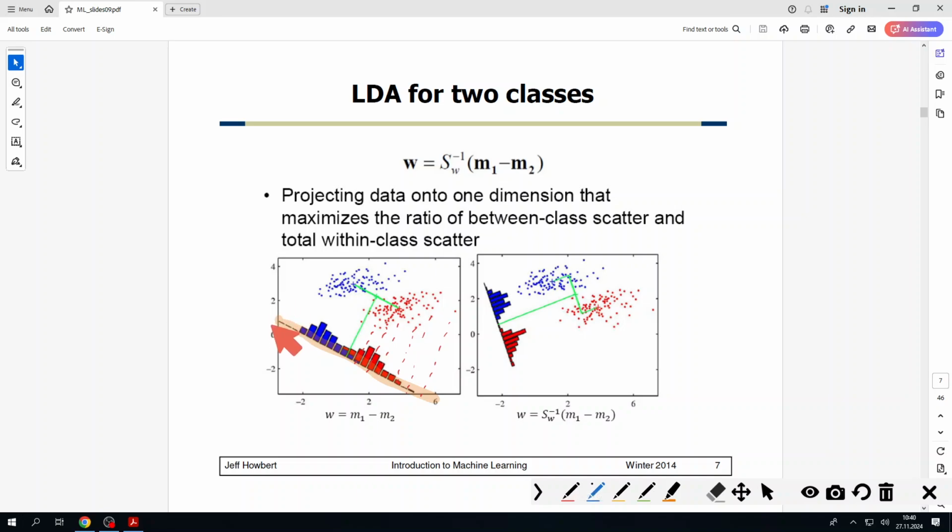Is it this line? Maybe, I don't know, maybe this line, maybe some other line like this. Whichever line is going to have the best difference between projections, which happens to be, in this particular example, specifically this line,